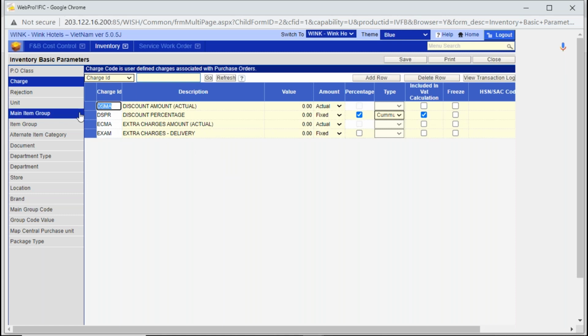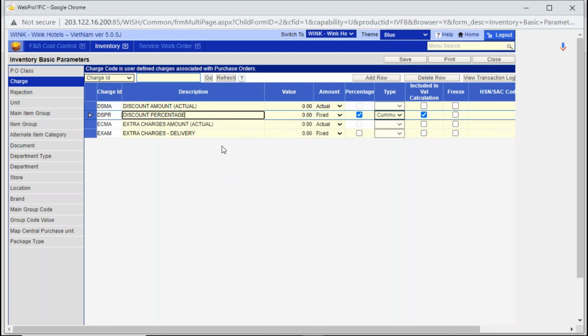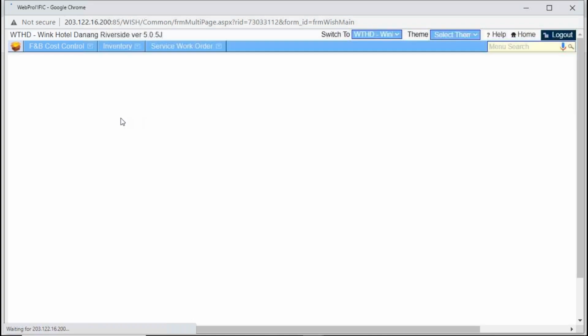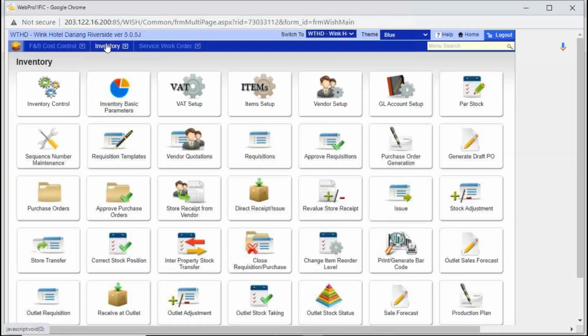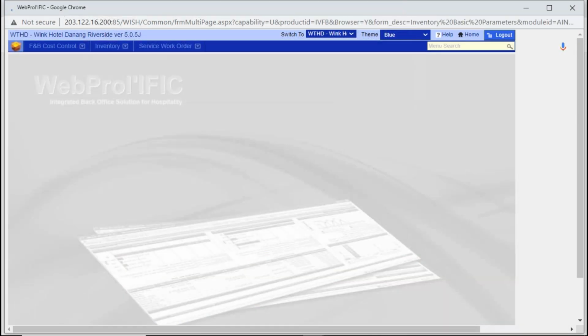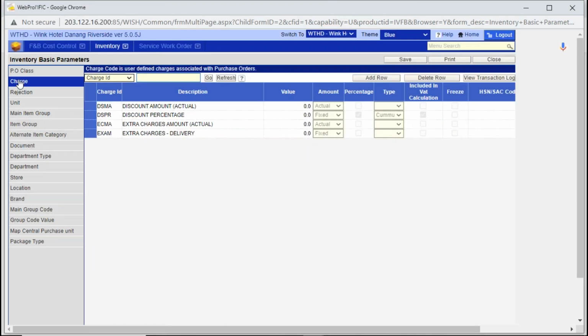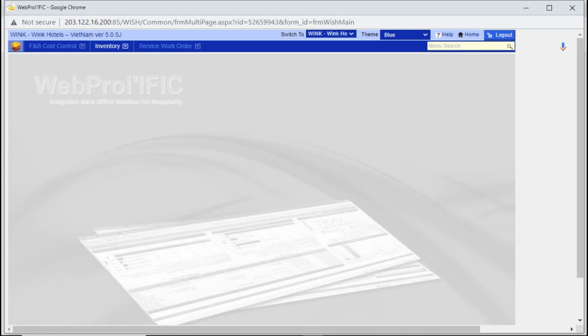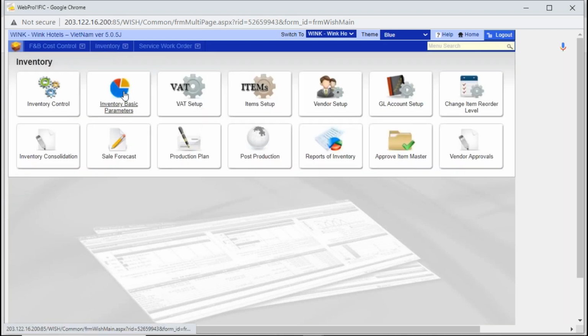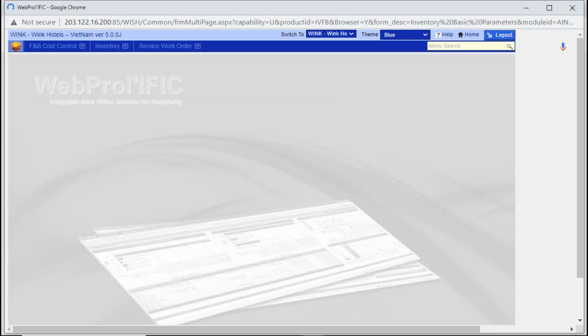Which is the charge ID. At the moment, you see there are only 4. I think at the property level, there should be probably more than 4. Yeah, there are 4. Okay. So going back to my chain, inventory basic parameters,